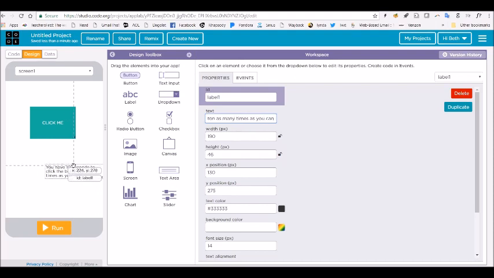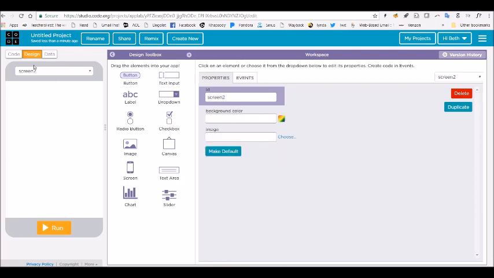Okay, so once again, I'm going to leave it up to you to make that look pretty, center it, color it, make it big, whatever you want to do as far as that goes. All right, so that's the first screen. Now we're going to need a second screen that's going to give you the score. All right, so let's now take a second screen and just drag it on there. It gives you a second screen. And on this screen, we're going to have